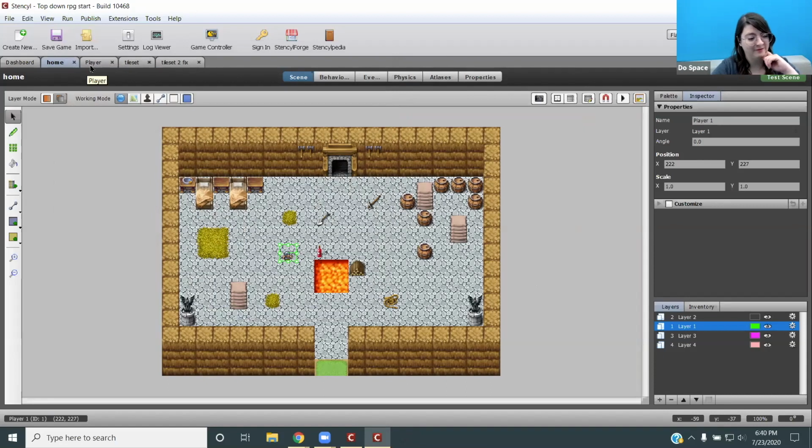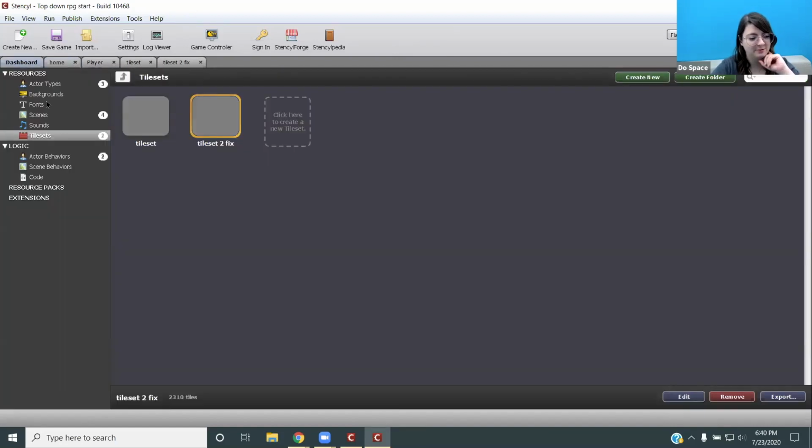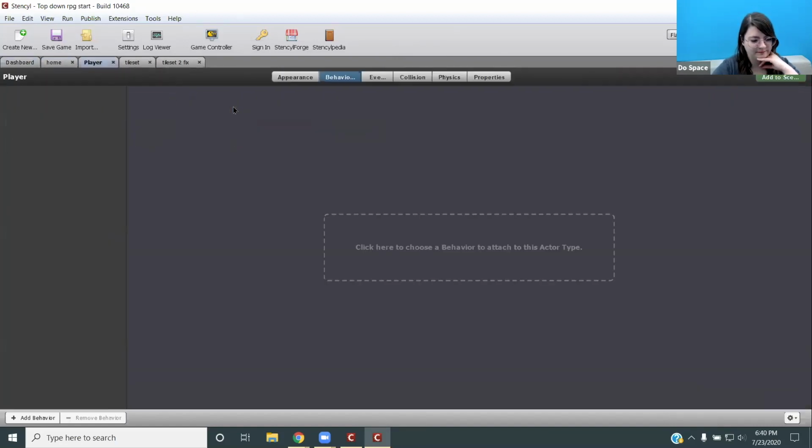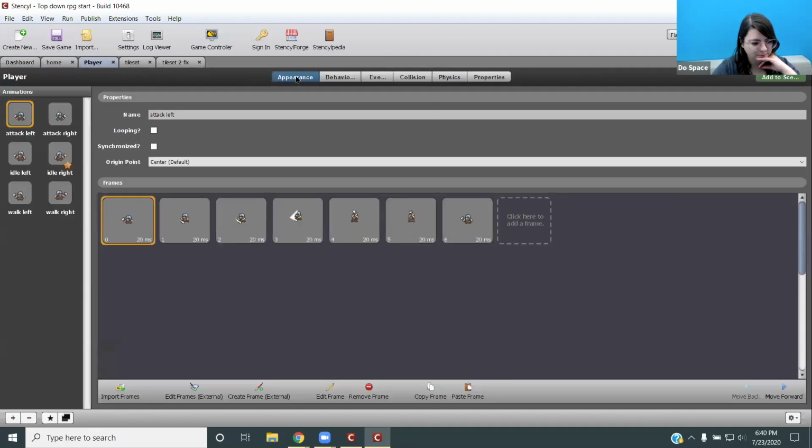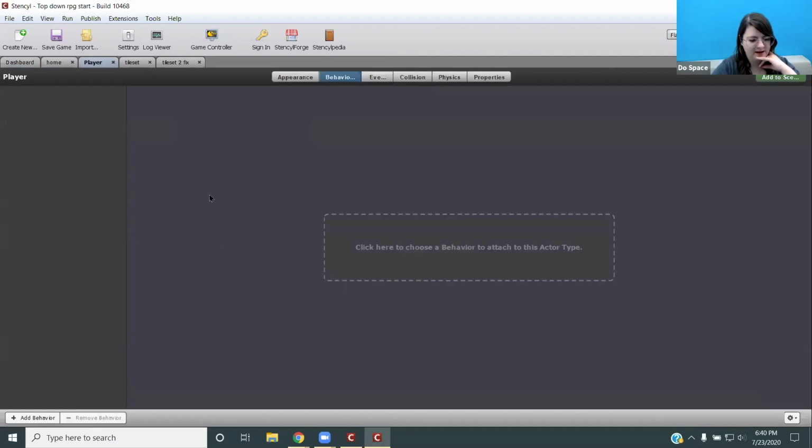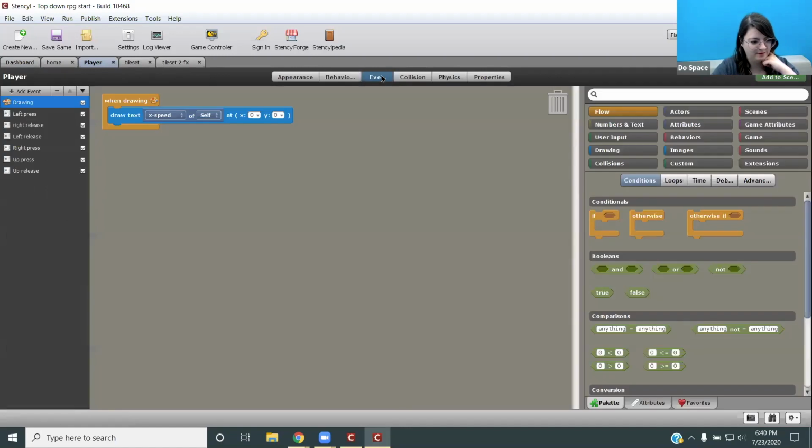Okay, so now we're gonna officially get started here. First thing we're gonna do is go to actors, double click on player to open them. And if you click on behavior, there's nothing there. But if I go to events, there it is. I go to events right here. You may see that I'm drawing, left press, right release, left release, right press, and up release. I have programmed a way to do movement, but if I uncheck all these boxes right here,